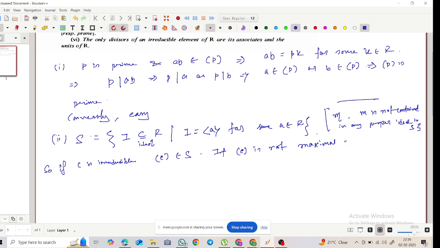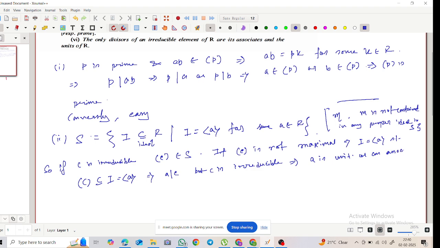So if C is not maximal, there exists I such that, right, which means A divides C, but C is irreducible, which implies A is a unit or an associate of C, which implies this. And similarly for the converse part,